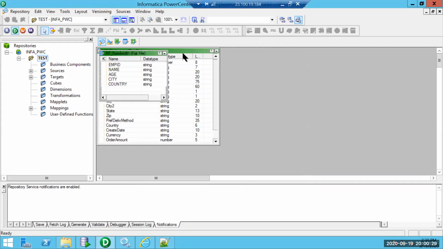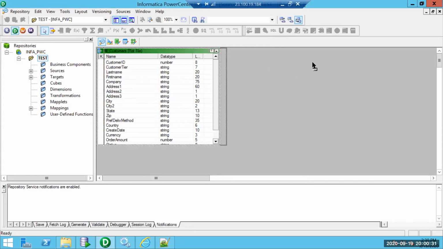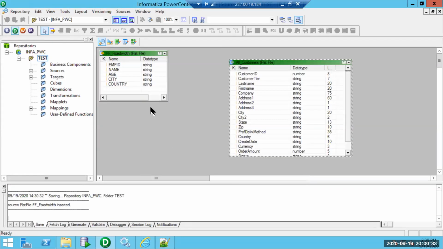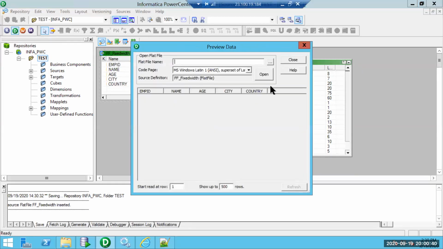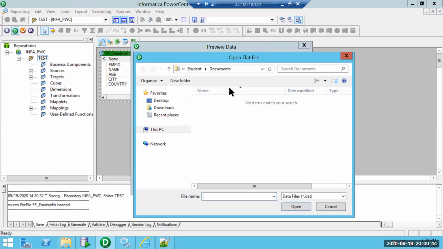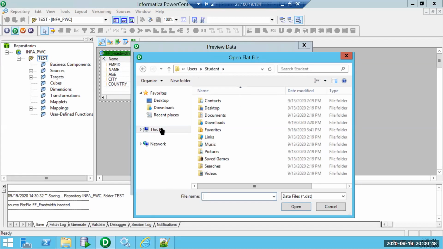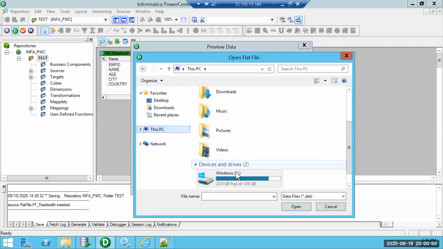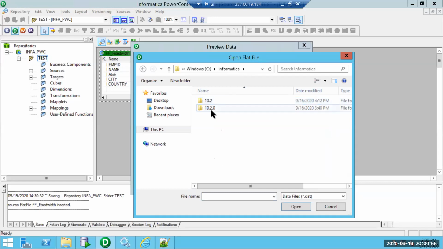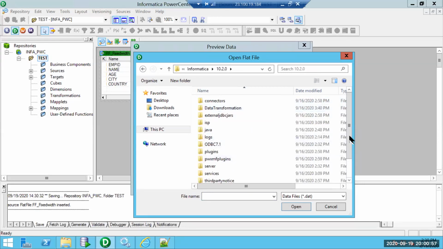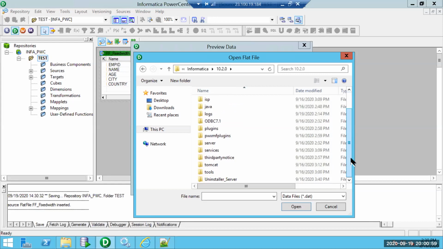So now we have the definition in place. The best way is we can right click and then read also, based on this preview data. If we have to browse the file and then view the data, it will tell us whether the data is as per the configurations or not. If there is any data which is moving to other columns, that's how we can detect that our configuration has some issue.